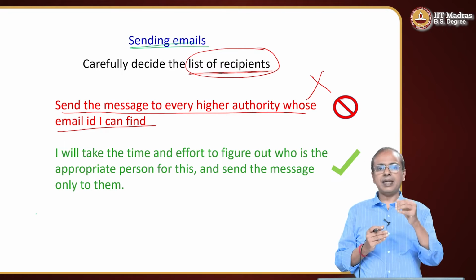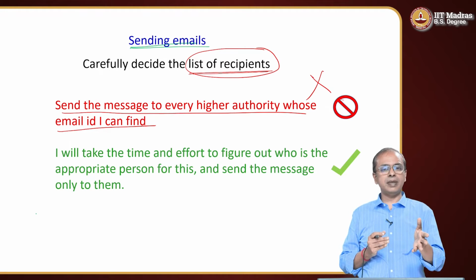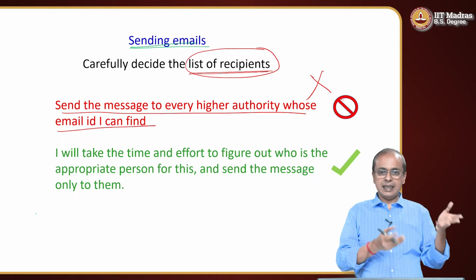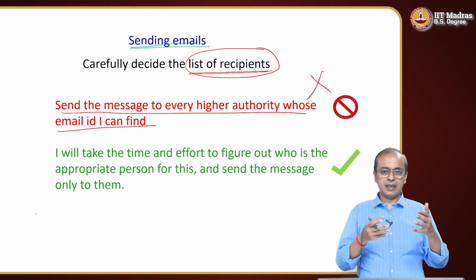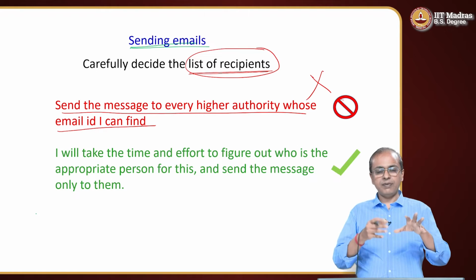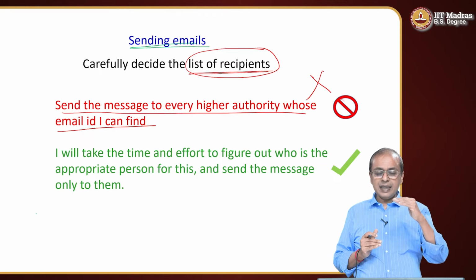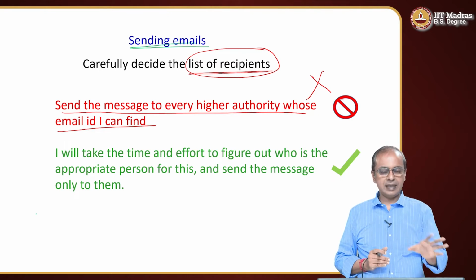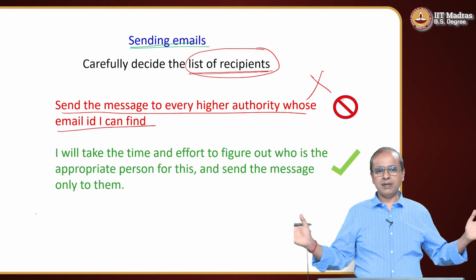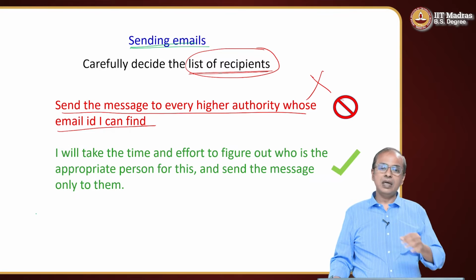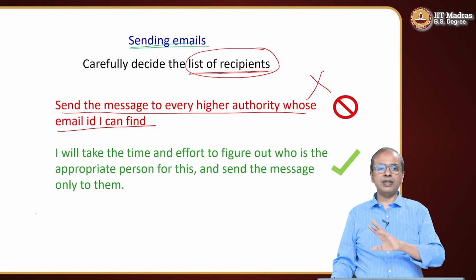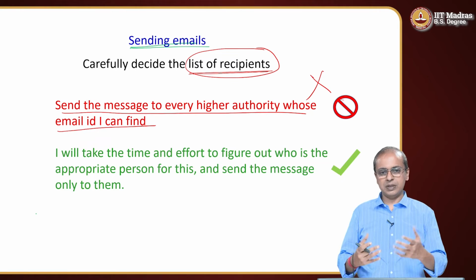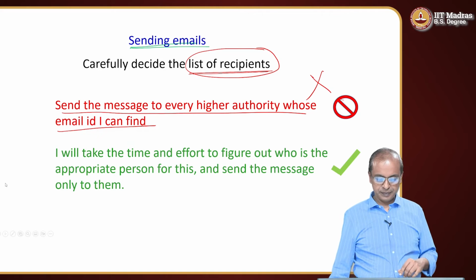You should give some time, and when you do not see a response, maybe even send a reminder, or if it is urgent, then you escalate. Then you say, sir or madam, I tried reaching here, I need to get this done, but I am running out of time, therefore I request you to intervene and please solve this for me. That escalation process should clearly indicate that you used your judgment, and if you do that, you leave a very nice impression. If you just send it scatterbrained to everybody you could find an email address for, you leave a very bad impression: this is a person who will waste my time. This is the kind of response you will see coming to you, so be very careful on that.